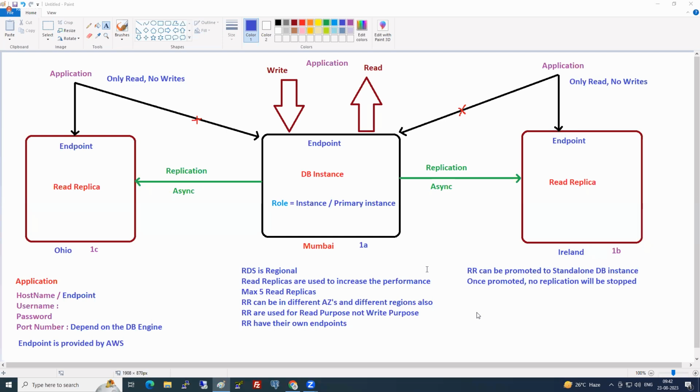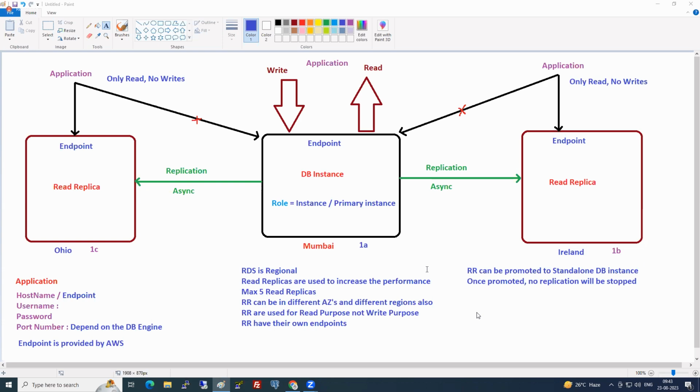Let's say, for example, Vinod is working with me. Every time Vinod will say, Riyaz sir, I like Riyaz sir. At some point of time he'll say, why Riyaz sir? I want to become Riyaz sir. So is he in touch with me now? No. So he will get promoted to Riyaz sir.